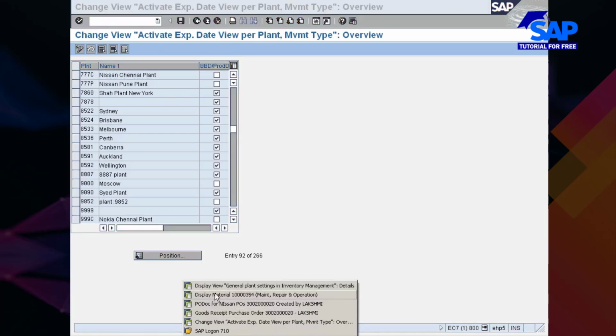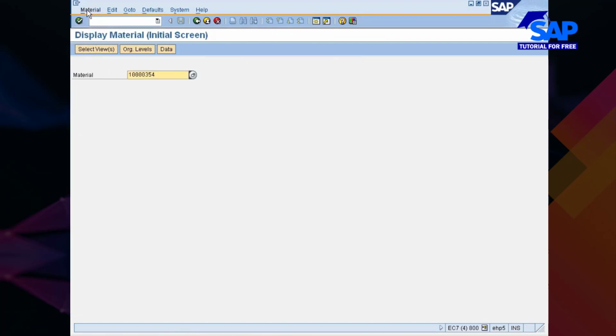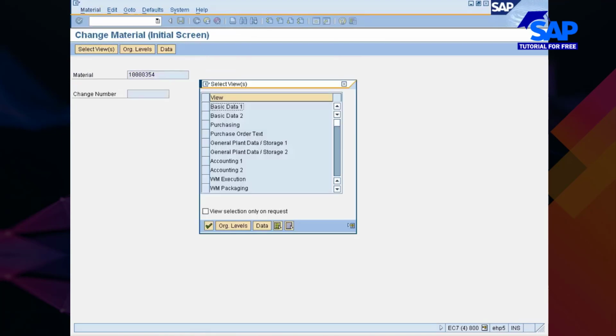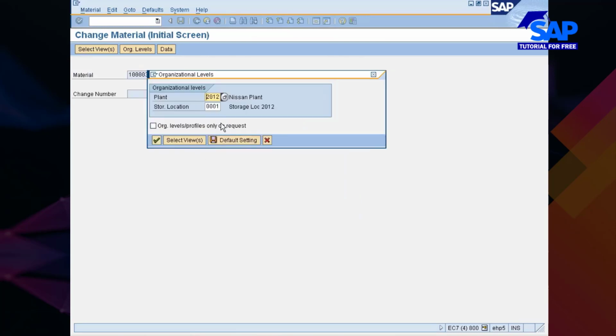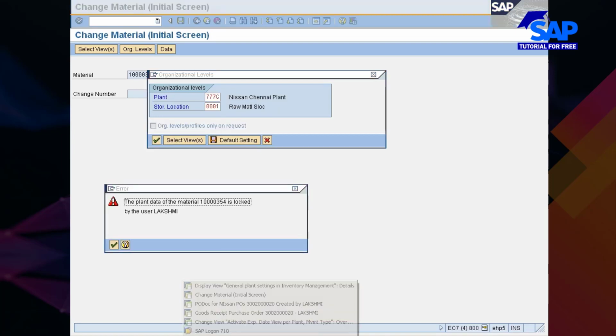I'll go with MM02, change material. Okay. I'll go with the general plant data. The material is locked by Lakshmi.